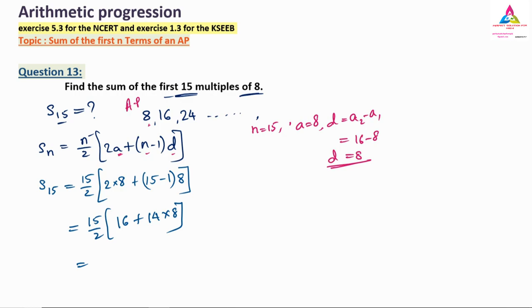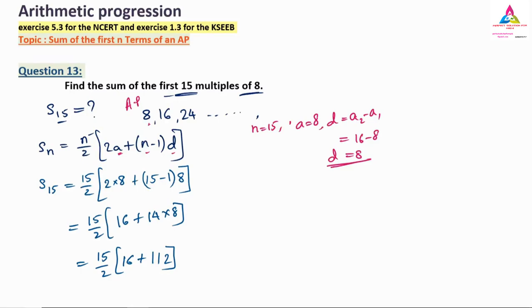So now we have to move on. Here we can take the 2 common in this term and then cancel, but we can also calculate directly because we have only known things here. Unknown is nothing. So directly we will find it now. 16 I will write as it is. What is 14 eights? That is nothing but 112.